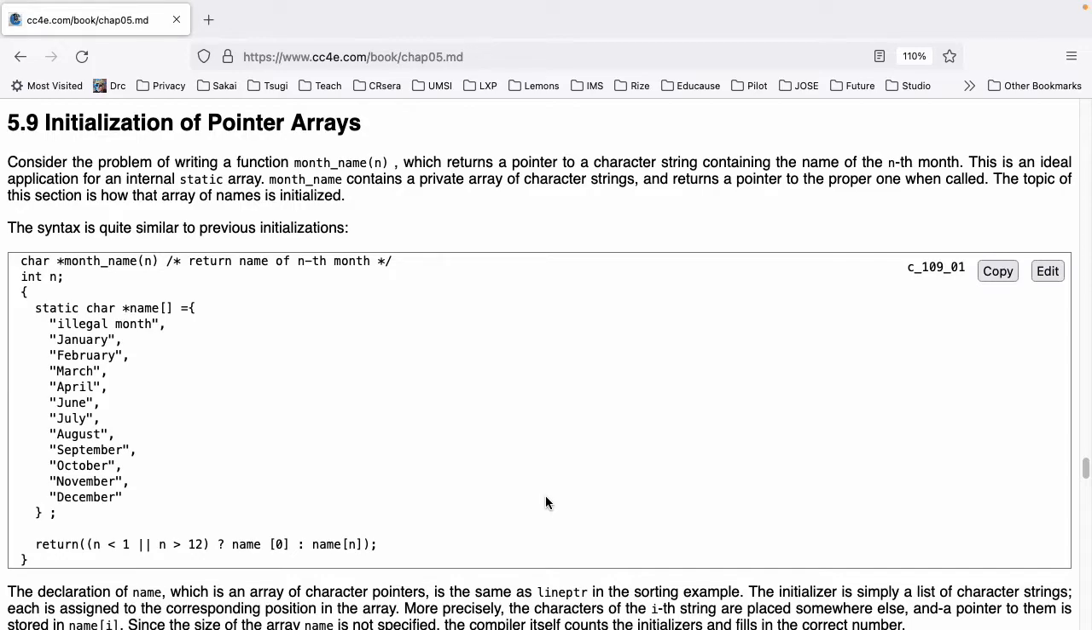The syntax is quite similar to the previous initializations. This is sample code from page 109 of the textbook, which you can see at www.cc4e.com/code. char *month_name(n). So the return value for this function is a character pointer. int n; {